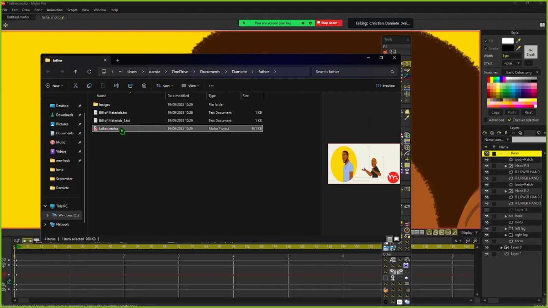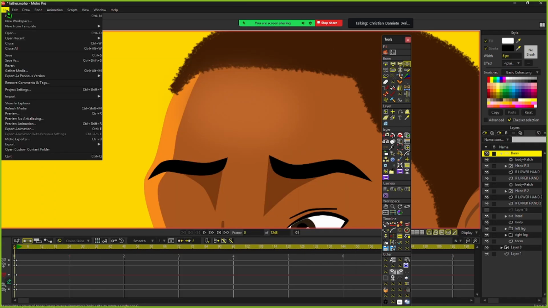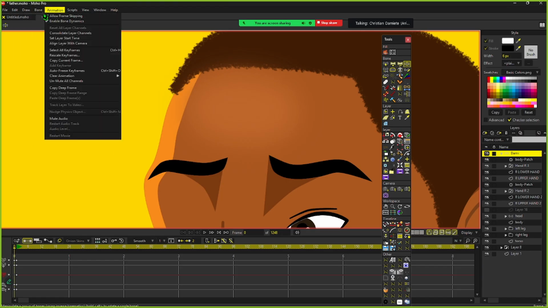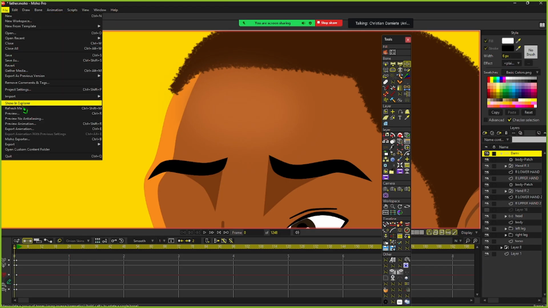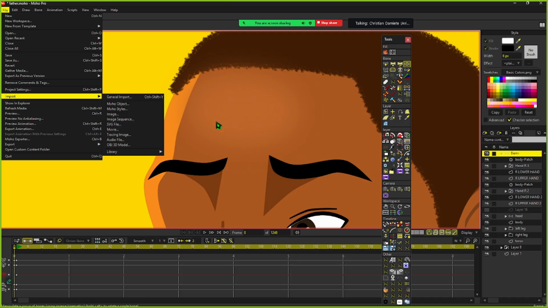So when you use that, you use show in Explorer to know where you exactly saved your file. Okay, so we are still on file. Remember, we have edit, draw, and all of that, but we need to go through all of this so that you understand the fundamentals, the basics, so you're not frustrated while using the software. Okay. So we have refresh media. I think it just refreshes your media. Then we have preview,